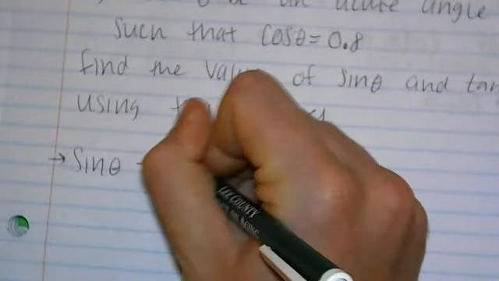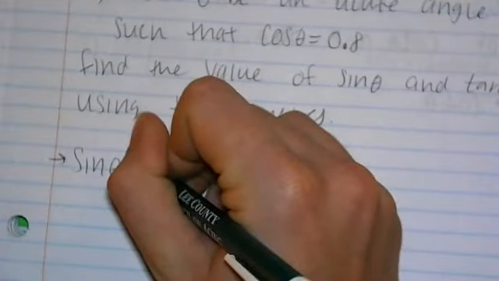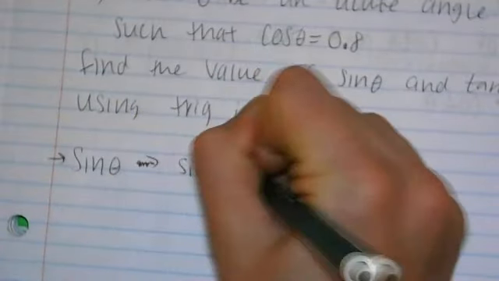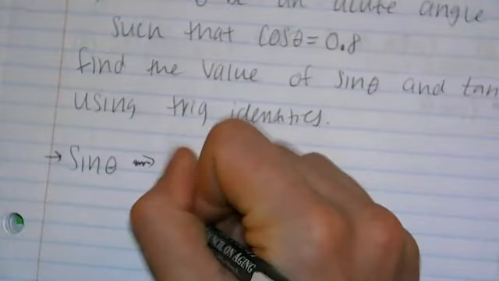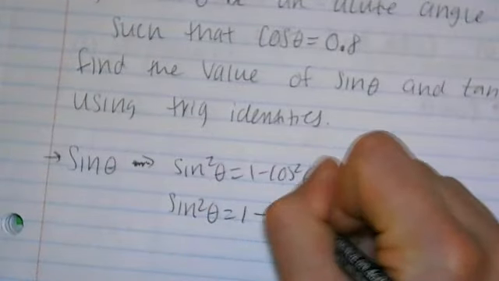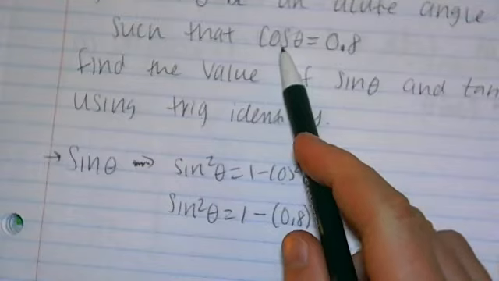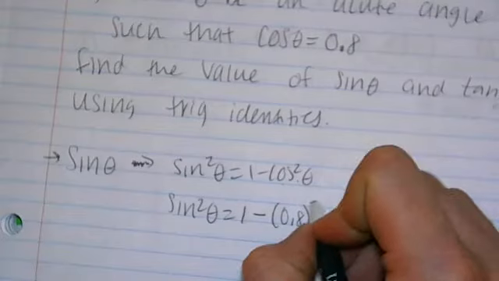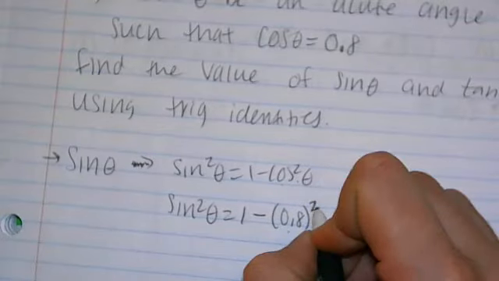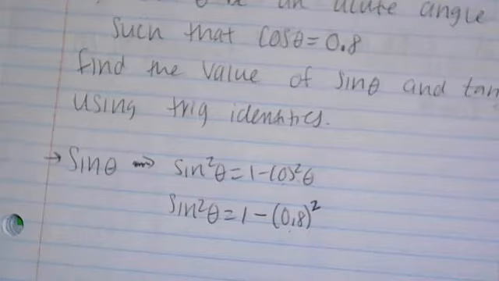If we use the Pythagorean identity, sine squared theta equals 1 minus cosine squared theta. What we want to do is plug in our value for cosine. So we still have sine squared theta equals 1 minus 0.8, but notice that was just our regular cosine. This is a cosine squared. So you then have to say, all right, that's my cosine value. Now I have that cosine value squared. So at this point,